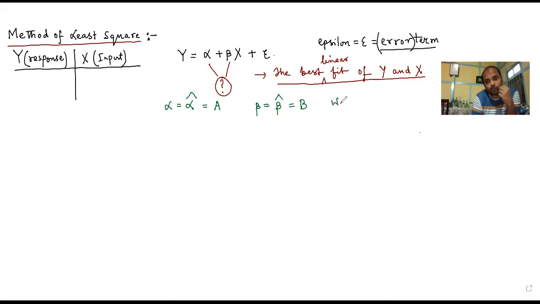And we want to choose these estimators in such a manner